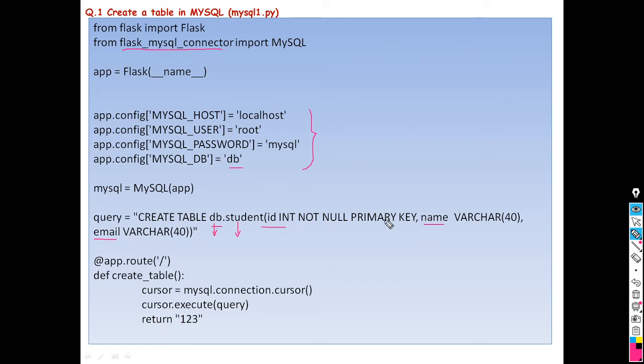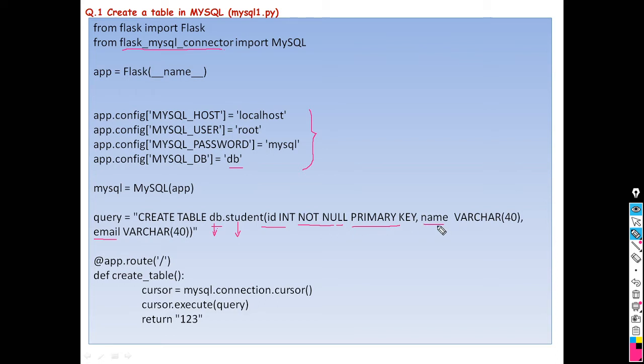Two constraints are given here. The first constraint is not null, so your ID should not be empty. The second constraint is primary key. We want to assign this ID as primary key so that the user cannot enter a duplicate value for this student ID.